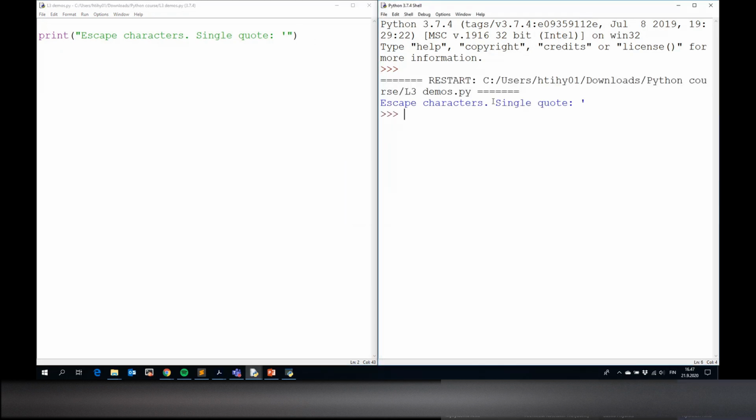As we can see, no problem. But what if I wanted to use the double quote? So change that into a double. So now if I go ahead and add this double quote here, you can see the text starts to change color. And if I try to run this program, it's going to throw an error because